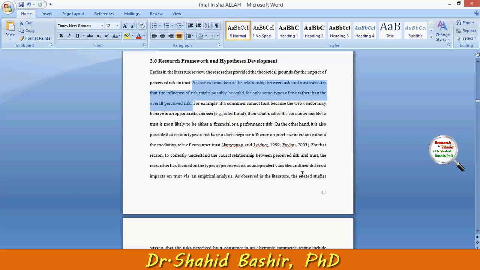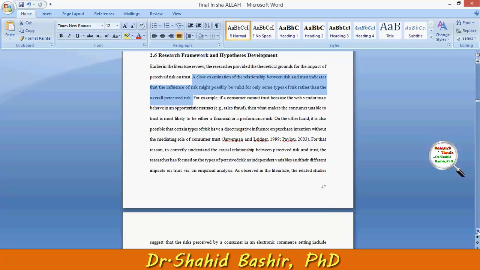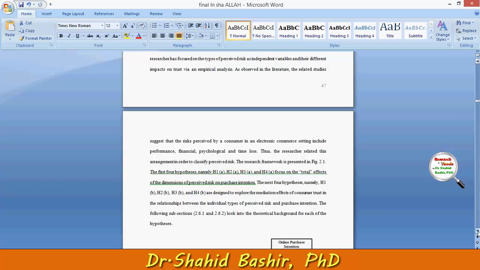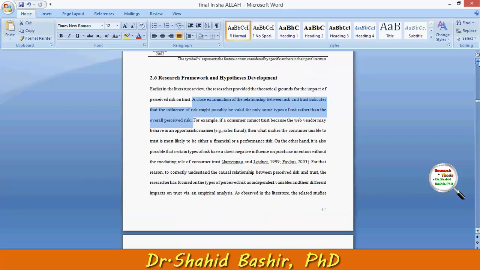So now, if you are a researcher at the beginning level, all you need to do is to tell them that based on our literature review, we have come up with several hypotheses and a conceptual framework. On the other hand, if you're doing research at an advanced level, you probably need some more justification. So as I did here,